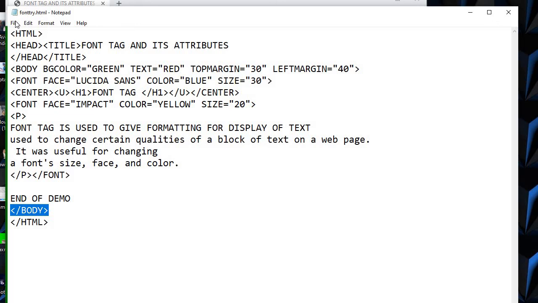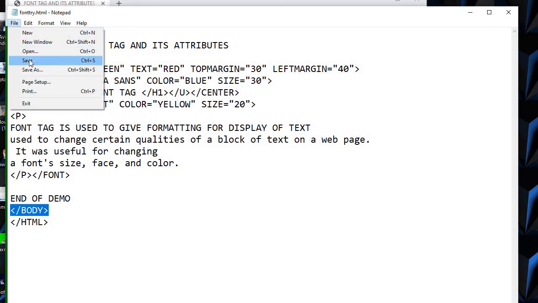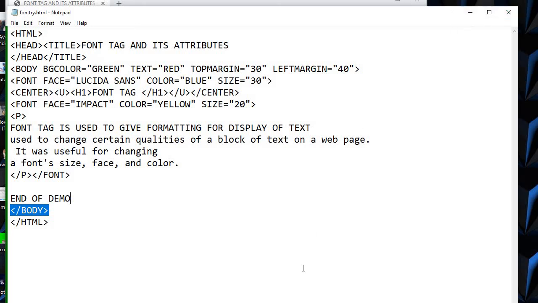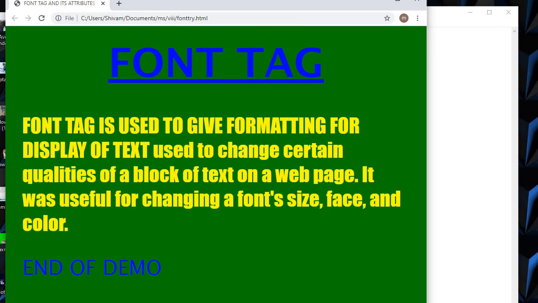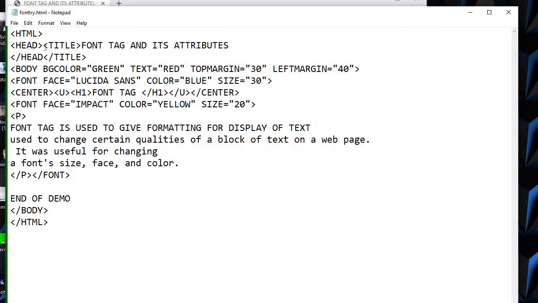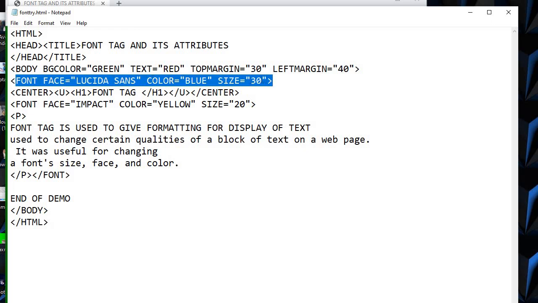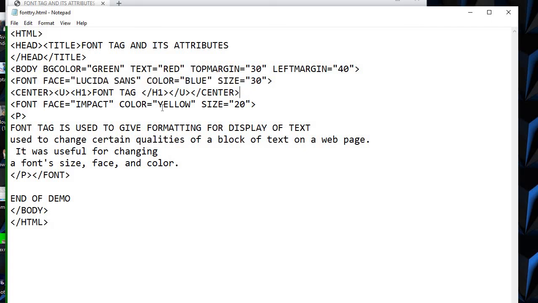So we'll continue this in the class. I'm saving and closing this over here. Now see children, this should not have been of blue color, it should have been by default. So what mistake is there? When I opened this font for the H1, the color was blue and size was 30. After closing H1, I removed slash font and started a new font over here. So before I start a new font, I should have closed the previous font also.